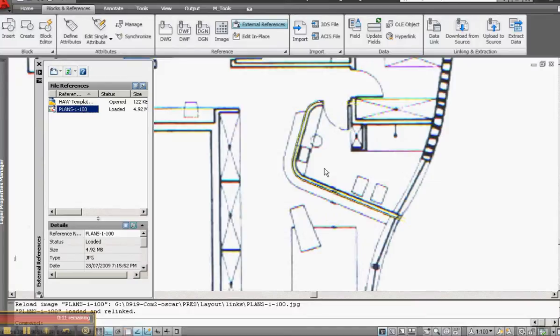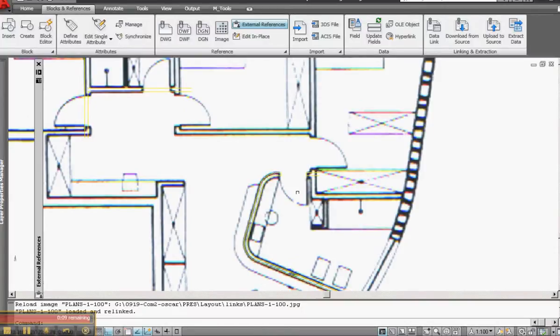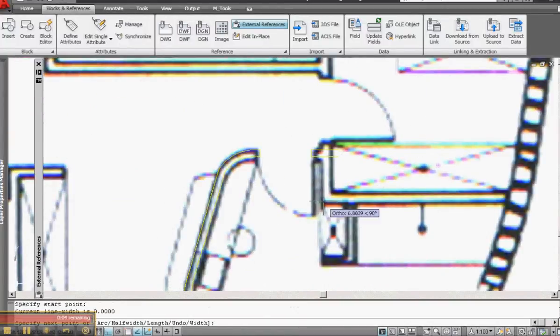Then you go through and you just draw all of these walls and use trim, extend. So if you started a wall here, you can extend that through and so forth using